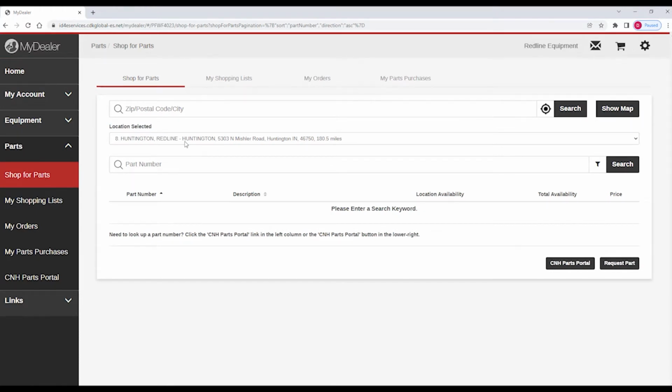Notice the location. The location here by default is considered your home store. This is the Redline store you mostly do parts and service business with. It is assumed you will pick up your parts from this location. In this example, we'll also assume we know the part that we want to buy, knife sections, which is part number